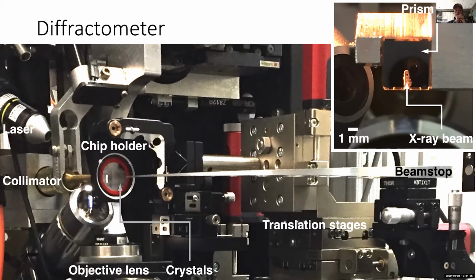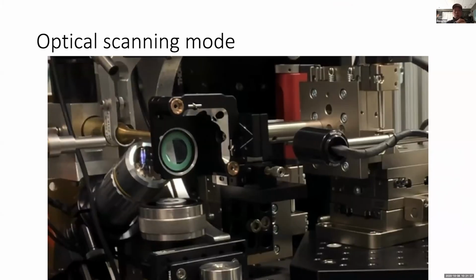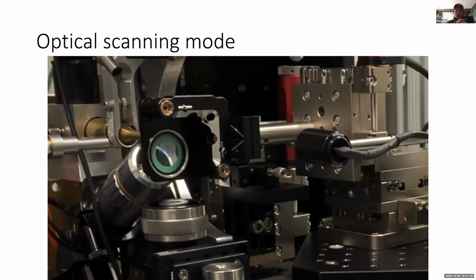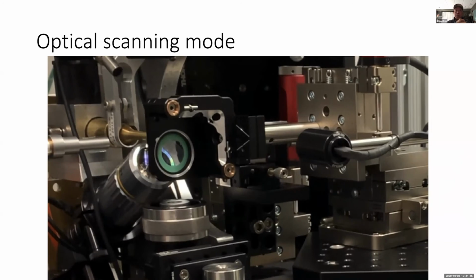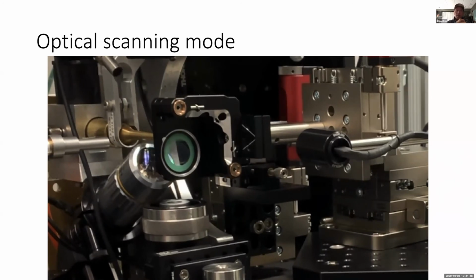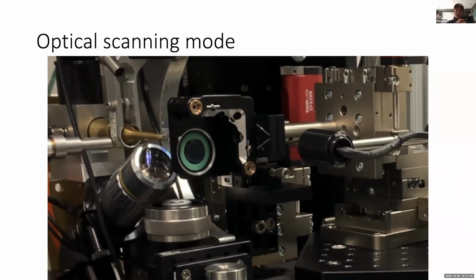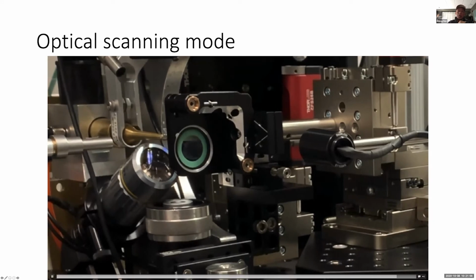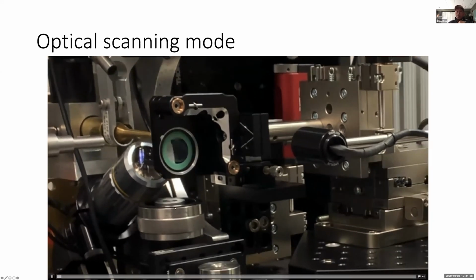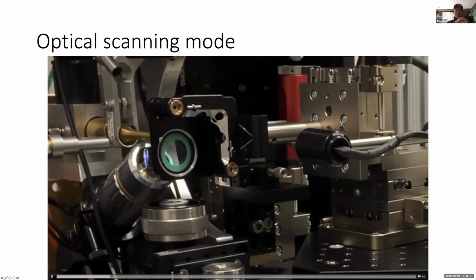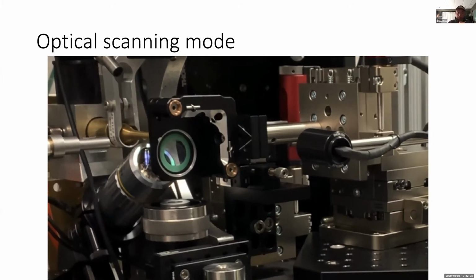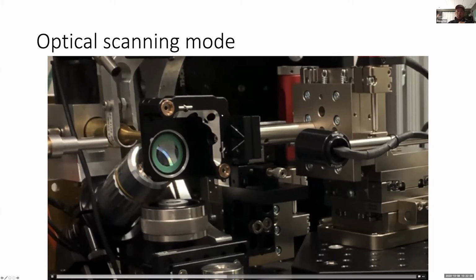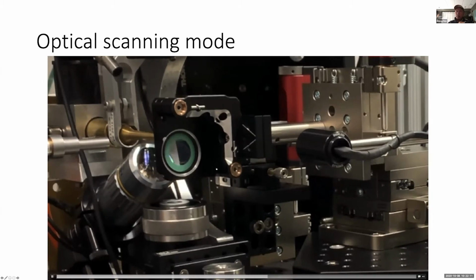I hope you can see this movie. The first thing to do is to image the whole device. While the translation stage is carrying the device into an array of positions, at the same time, the objective lens and camera are taking pictures, a few dozen pictures. Okay, everything could be done in complete dark. Okay, I had to turn on the light when I shot this